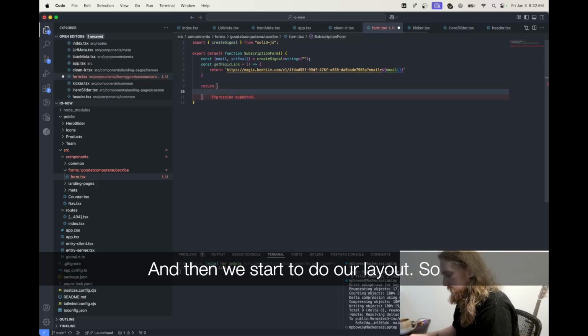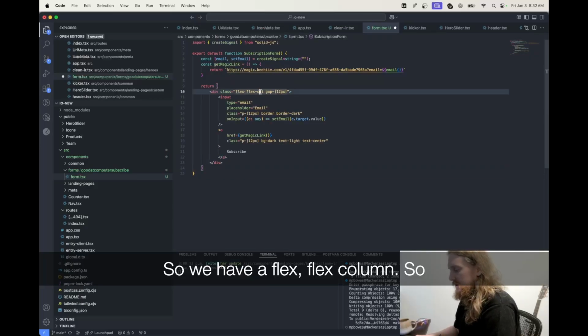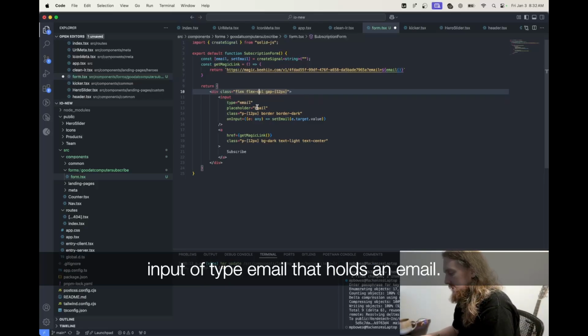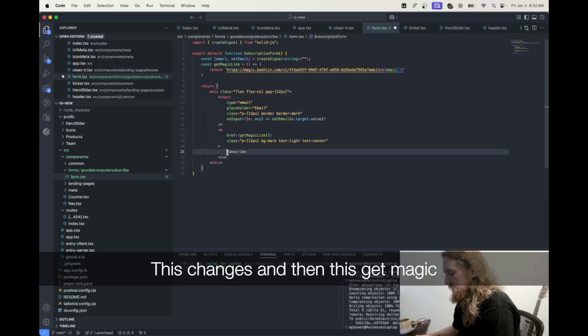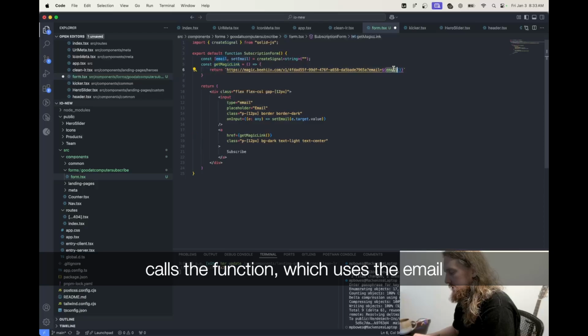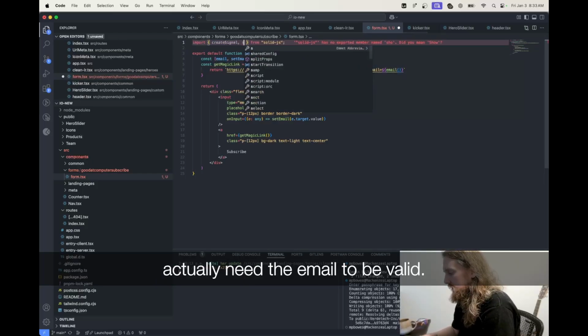And then we start to do our layout. So we're doing something like a card, right? So we have a flex column, so everything is lined up in order, 12 pixels between each thing. We have an input of type email that holds an email. This one has a padding of 12. It's got a border of a color that I've set, a custom color. On input, this changes, and then this getMagicLink updates, right? When the person clicks on this link, this calls the function, which uses the email in order to send the thing. But that's not good enough, because we actually need the email to be valid,